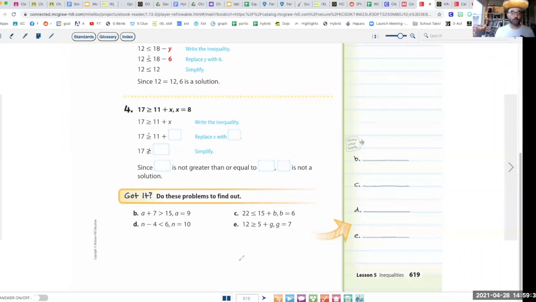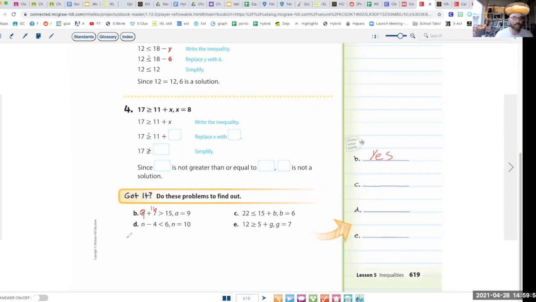All right, so what you should have is if A equals 9, I'm going to just replace this A with a 9. Now I have 9 plus 7 is 16. Is 16 greater than 15? Yes. So yes, that one works. Got it? All right, let's skip to